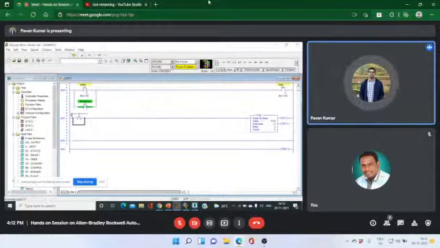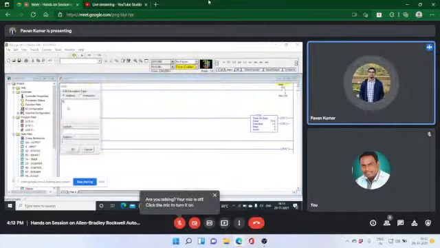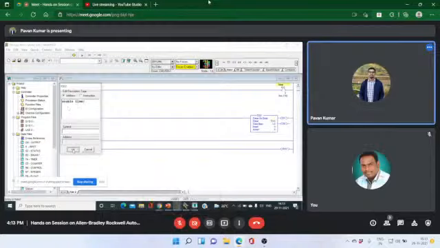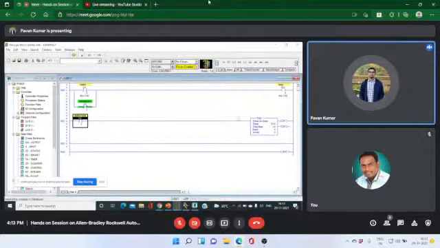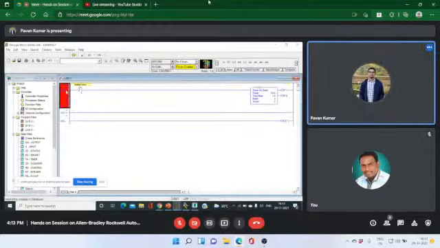Here I have to give an address like I:0/ and it is used to enable the timer. When we switch this on, the timer is enabled.